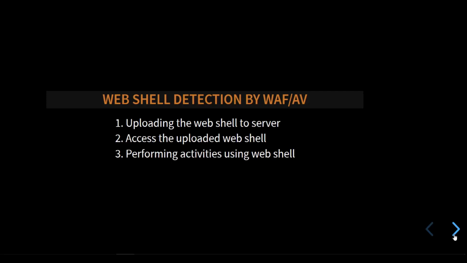In this talk, we will have a look at the following scenarios. Scenario 1: when an attacker is trying to upload a web shell to the web server using an arbitrary file upload vulnerability. Scenario 2: when an attacker managed to upload a web shell to the web application server successfully and is trying to access it. A WAF rule can figure out that the web shell is being accessed and will block the execution immediately. Scenario 3: the attacker is trying to execute OS commands or trying to access server internal files.